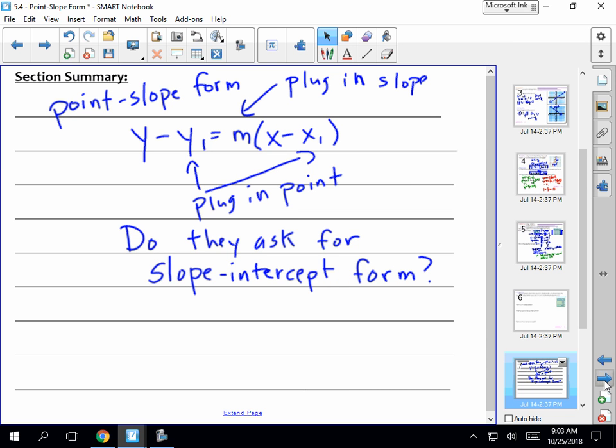So it's the second of 3 different forms of a line. We're going to learn standard next time, and then we're going to be ready for our next skill test. So look at standard form. Anything else? You guys have any